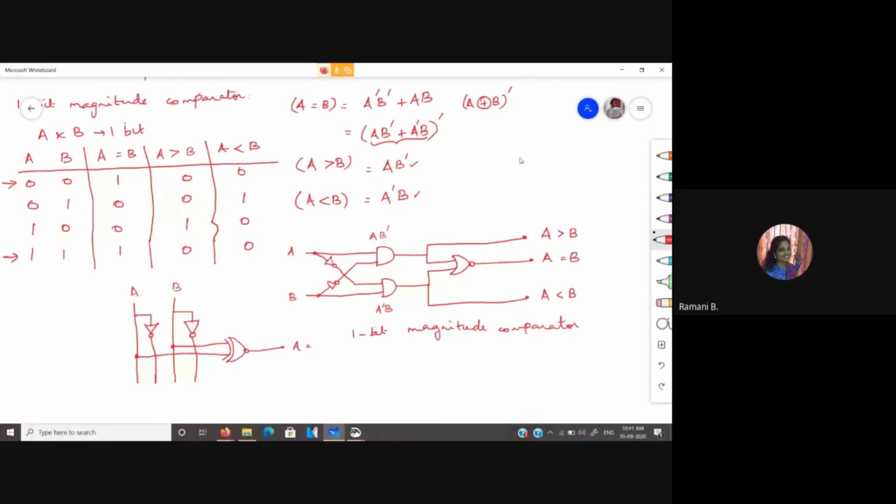So this is A equal to B. Then A B bar is for A greater than B, and A bar B is for A less than B. Okay. You can draw this also or use this one.